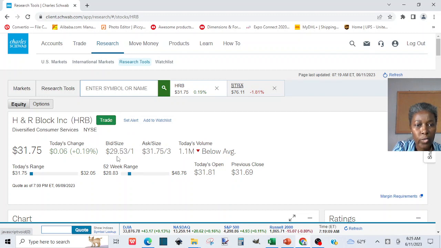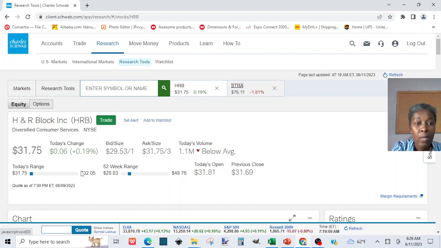And right now H&R Block is closer to its low than it is to its high. So if you want to invest in it after it passes all your screens, I think that would be the right time to buy some of it. Even if you have $100 to invest, you can see that there are stocks that sell for less than $100. So you can buy 2 shares of H&R Block for less than $100, for instance. Does that make sense? At some point it sold for $28.83,